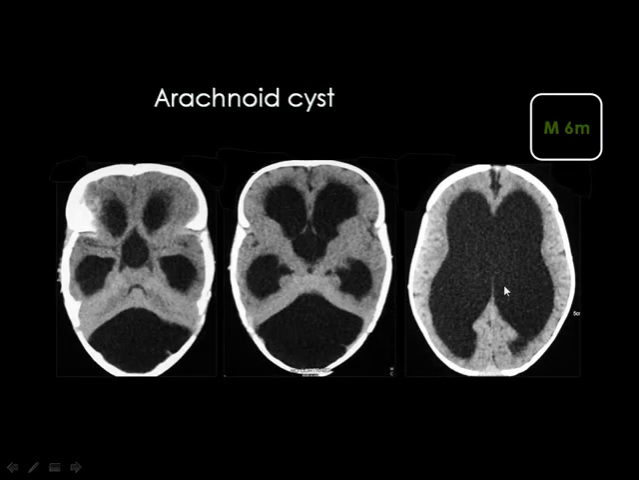And this is a case of arachnoid cyst in the posterior fossa, where you can see a posterior fossa cyst which is compressing the cerebellum and the fourth ventricle. The vermis